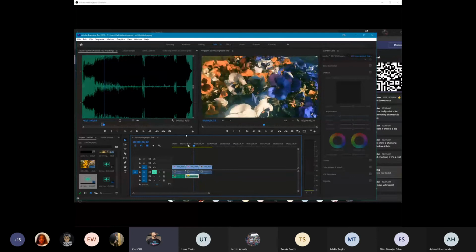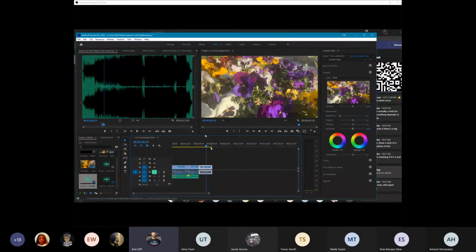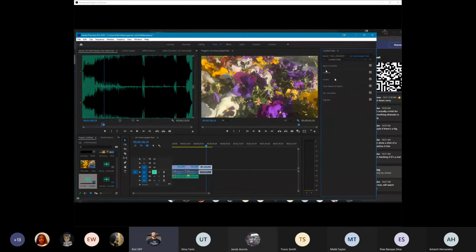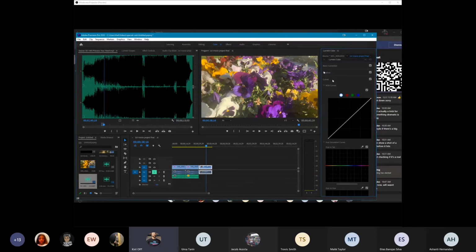All right, cool. And for the third set of flowers, we're going to open up the curves tab on this one. And this is where you get really fine control. I can adjust the brightness, the red values, the green values, or the blue values of the image. If I come in here to the red line, and I click and drag that down, you see that I'm sucking the red out of the image, and the opposite of red is green, so it becomes more green. Or I can push more red into it,